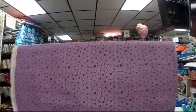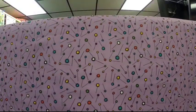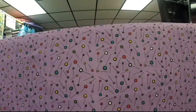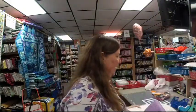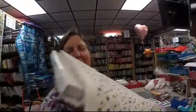Quilting Treasures. Two more steampunk stitchery, and these are safety pin or straight pins, and this is on a purple background, and this is hobbies 338, and then we have our classic pins on white background,